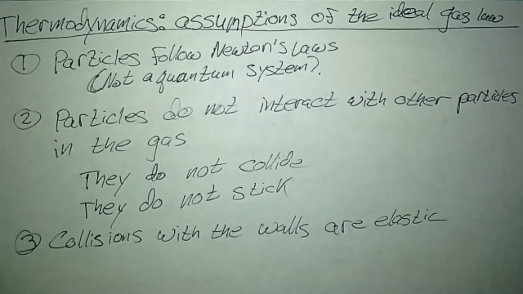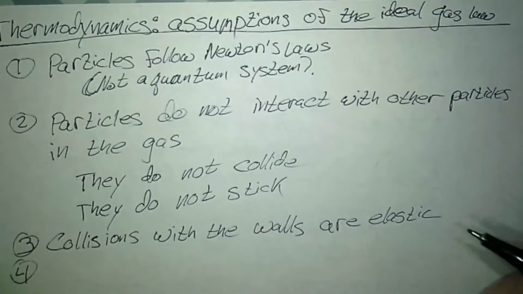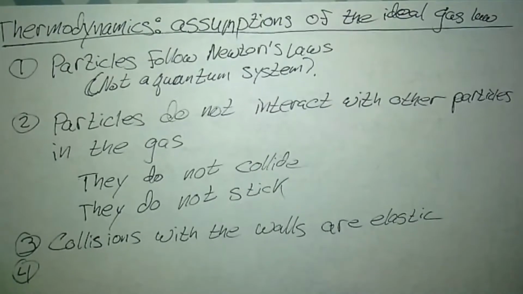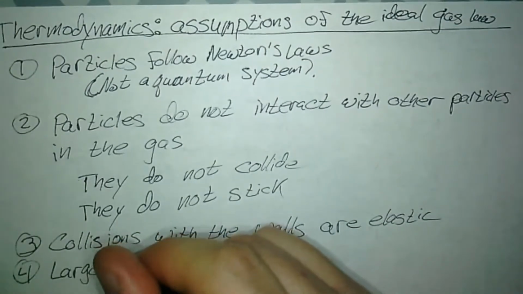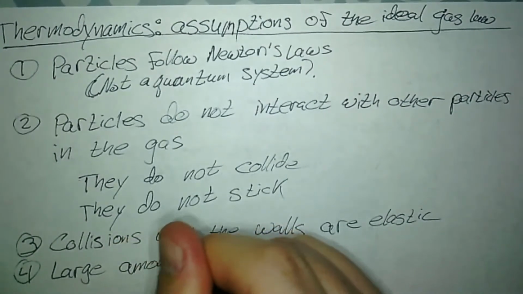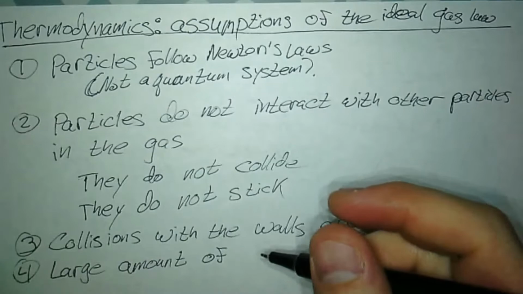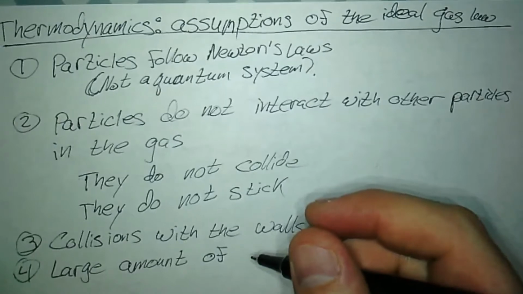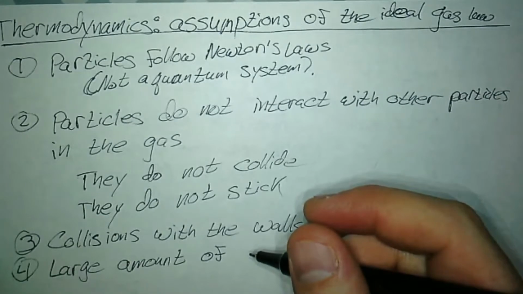What other ones do I need to do? Obey Newton's laws. Oh, and there's no particular order to these assumptions, by the way. You have a large amount of molecules or atoms or whatever. Because we're doing a statistical model, if I said I have 5 atoms, then it's really hard to apply statistics and have it mean anything. But if I say I have 10 to the 23 atoms, then my statistical averages can basically just be taken as gospel fact.